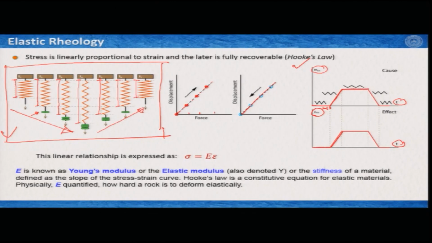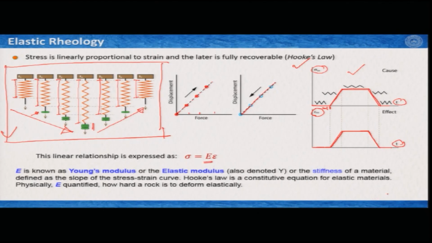Now, if we leave it with the 3 green bars here for quite some time, the strain would remain constant, and if we release the load by removing the green bars, then it would come back to its original position. So, what we see is that this stress versus strain diagram has a linear relationship. So, stress is proportional to strain, and the linearity constant is defined by E, which is